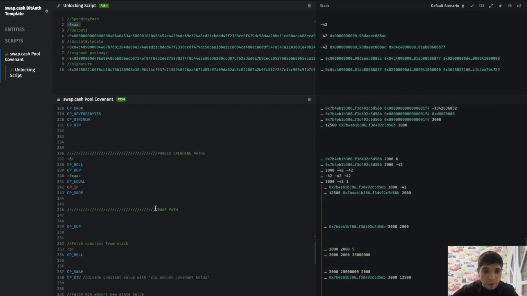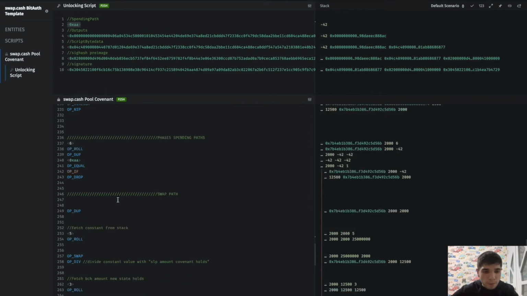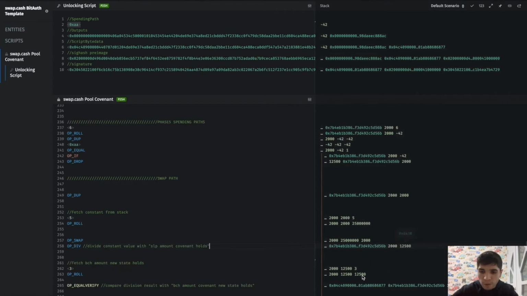And then the spending path comes. So we have 2 spending paths, as I mentioned, either swap or liquidity path. If the first element is AA, then it's a swap. Then we fetch the constant value from the stack, 25 million, and then we divide the constant value by the script new state holds, 2000. We get this from OP_RETURN parsing, and the division result gives us the Bitcoin Cash amount the script new state holds, and we compare this result against the Bitcoin Cash amount the new state